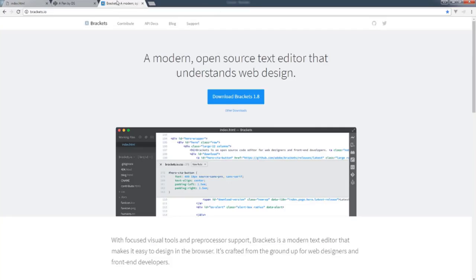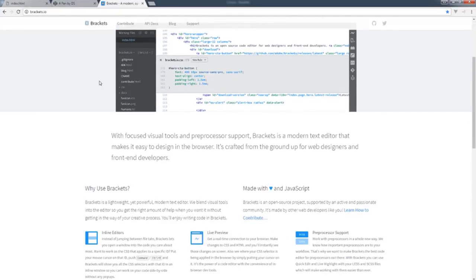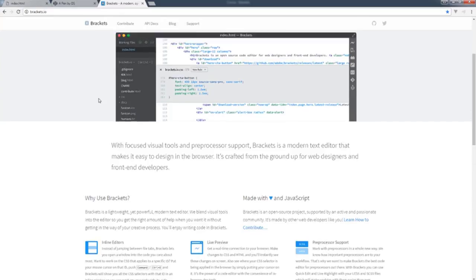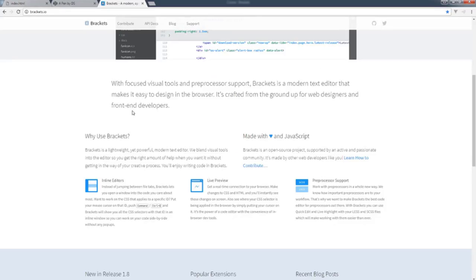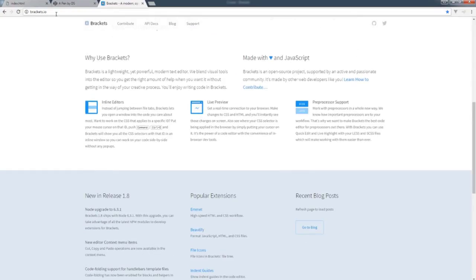So to finish off about the different tools that there are out there, there's a lot of different free editors. You probably already have something on your computer right now that you can use in order to render out and create HTML code. If you're looking for a good text editor, which is open source, provided by Adobe, so no cost to it, it's a really good editor when you're starting out, and you can create a lot of really cool things with this editor. So as you can see here, you can write some HTML. You can also update your CSS right inline and a whole lot more. So this is available at Brackets.io, and I am going to be using my Brackets application within this course